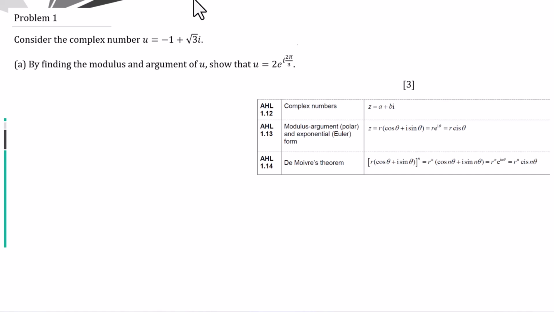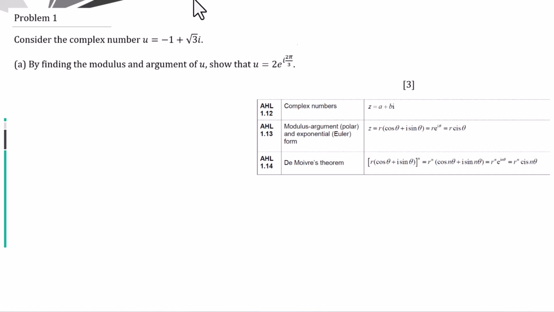This video is about review for complex numbers. Consider the complex number u equals -1 plus square root of 3 i. By finding the modulus and the argument of u, show that u equals